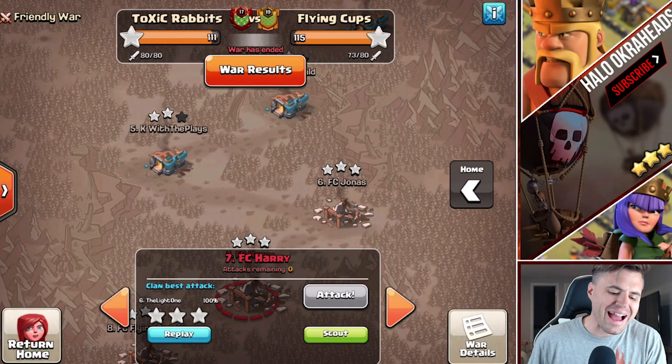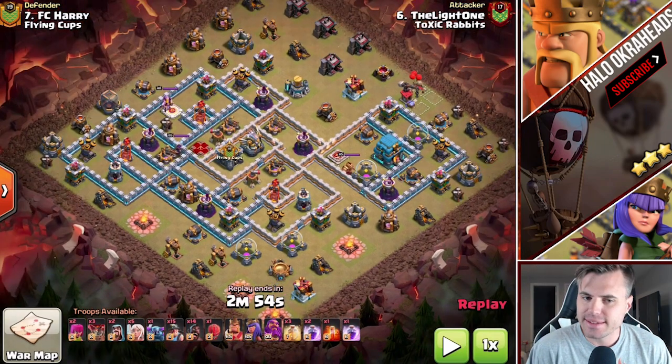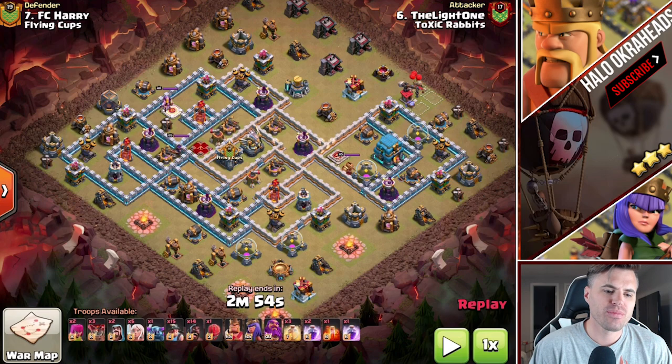My friends, we have the new HoMiner attack. Now, some of you might know this strategy, some of you might not. It's a really cool strategy. Why use this strategy? Well, it gives you options. It gives you the option to not have to take down the queen with your queen walk or skeleton spell